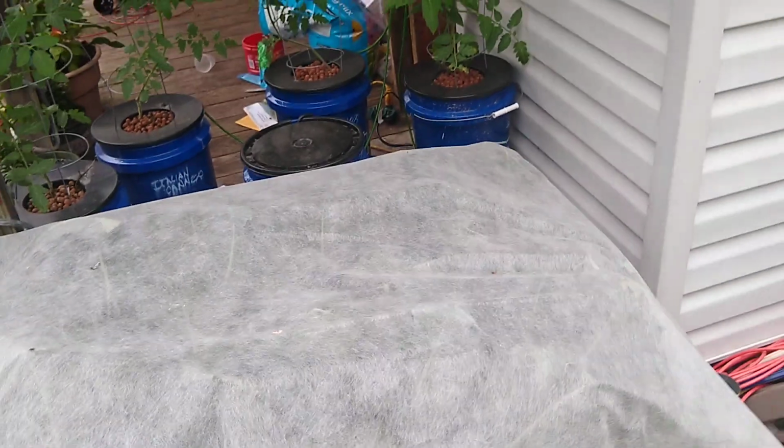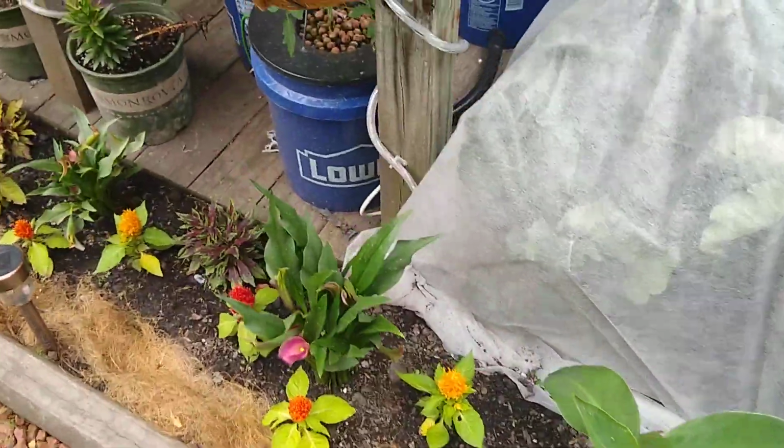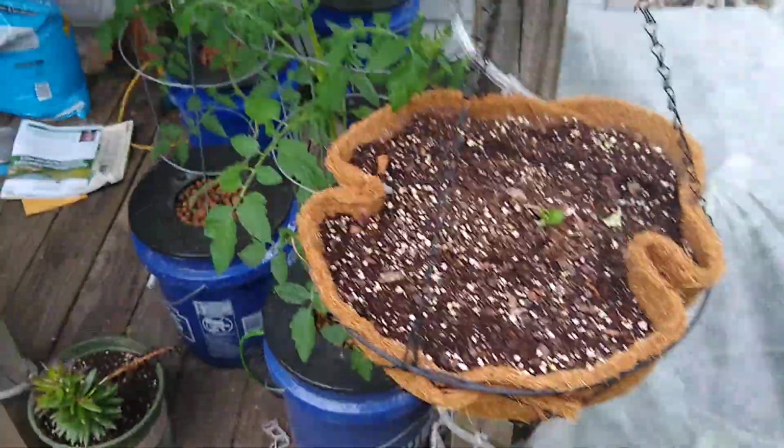So broccoli's still kind of hiding down in there. The bugs got into them a little bit, but it's not near as bad as it's been in previous years. I'm gonna just leave them covered up. I got my squash plants there coming up. Squash, zucchini. That one's a little harder to see down in there, and I think it's patty pan,